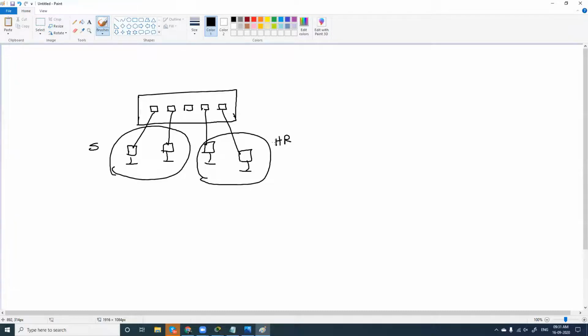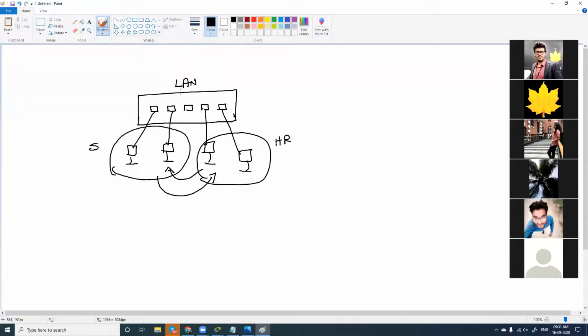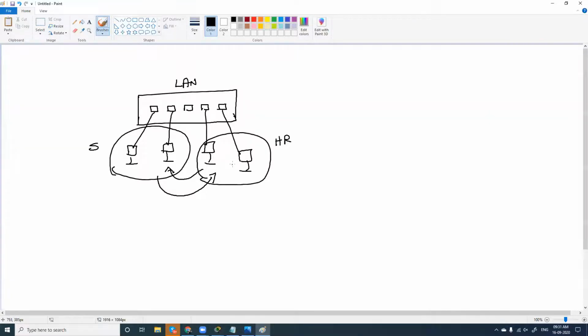And using subnetting, you wanted to make sure sales computers should not ping HR computers, and HR computers should not ping sales computers. But we are connected to a single switch, means we are inside a LAN. So when you want to subdivide your LAN into multiple LANs, sales and HR individual LANs like this, we go for subnetting.